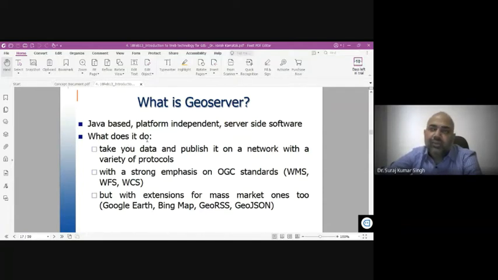So what does GeoServer do? It takes the data and publishes it on the network with a variety of protocols.